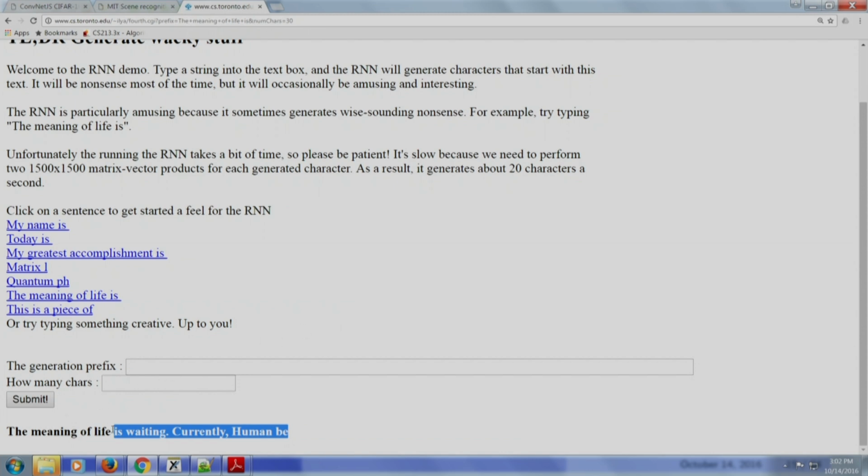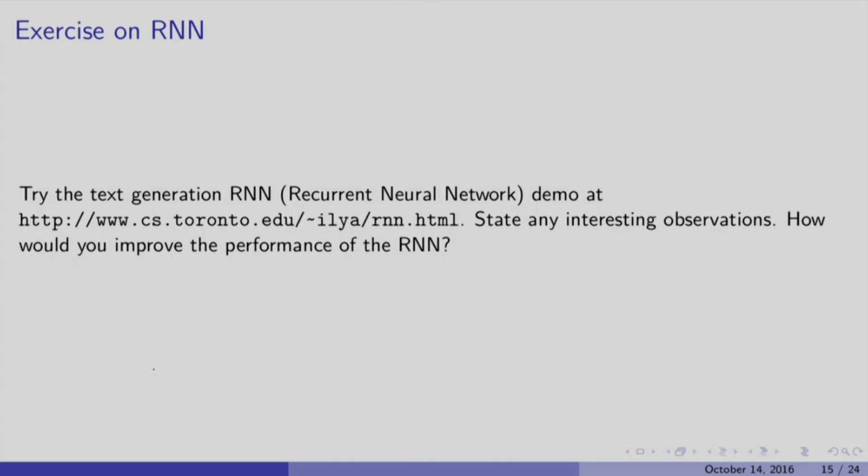So, the meaning of life is waiting. So, you really have a verb here, and in fact there is a full stop. You could have had a more meaningful verb here instead of waiting, such as the meaning of life is fascinating. Now, how did this neural network really function? What was the structure underlying this functionality? So, let us see the functionality.